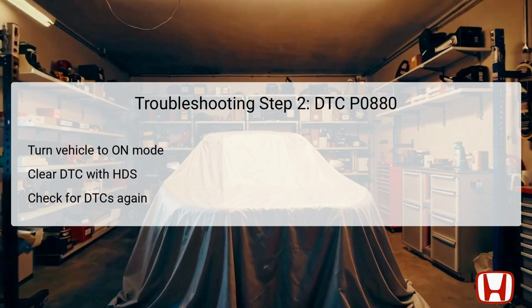Following this, the technician will turn the vehicle back to the on mode to check for any reoccurring pending or confirmed DTCs via the HDS. If DTC P0880 reappears, this indicates that the failure has been successfully duplicated, prompting a transition to the next step in the troubleshooting process. However, if no DTC is indicated, this may suggest an intermittent failure situation, thus emphasizing the